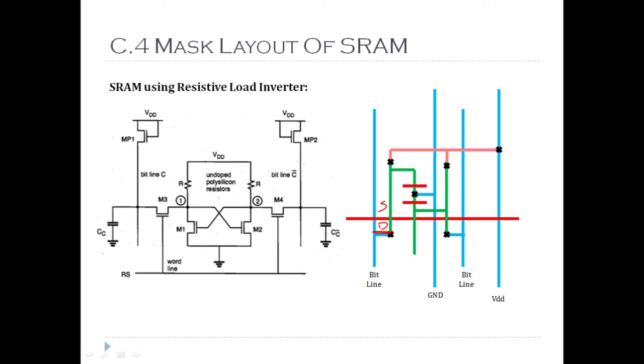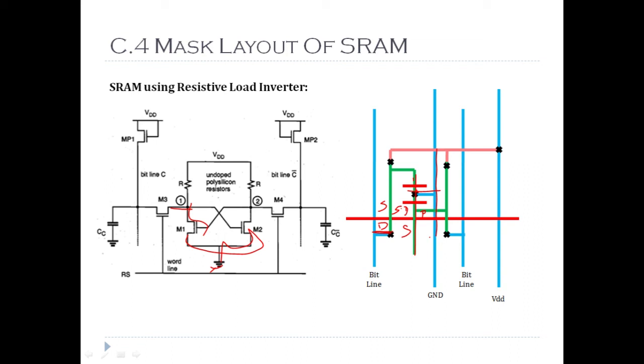Now this is the source, right? The source of this transistor is connected to the drain of M1. So I'll draw another diffusion line, which will be the drain of M1, right? So as this becomes the drain, this will become the source. We know that the sources of these two are connected to ground, so the source of this is connected to ground. You can see here the source is connected to ground.